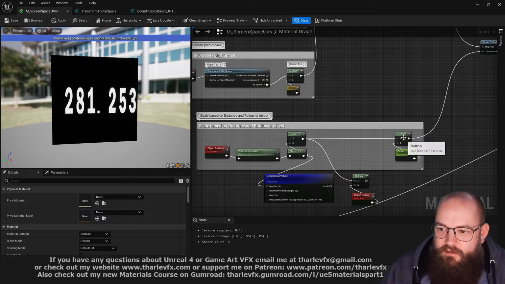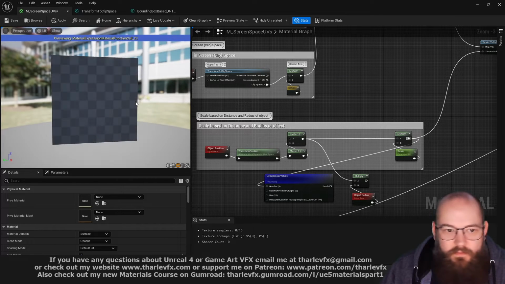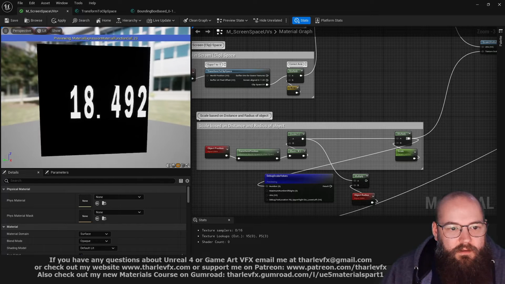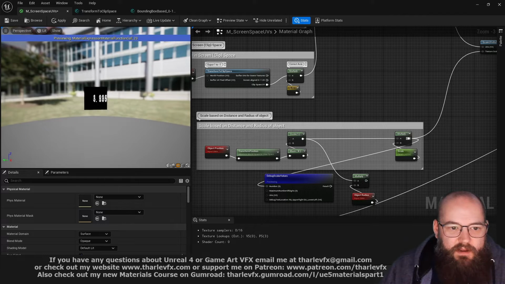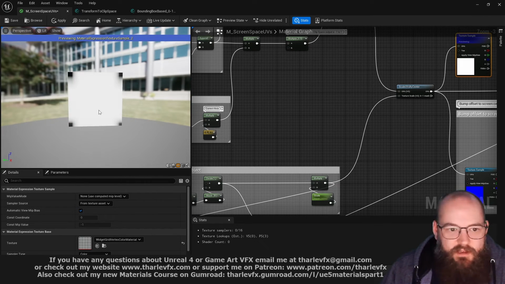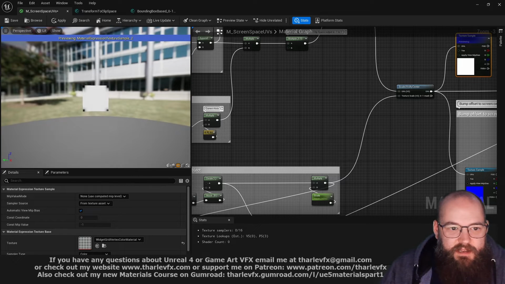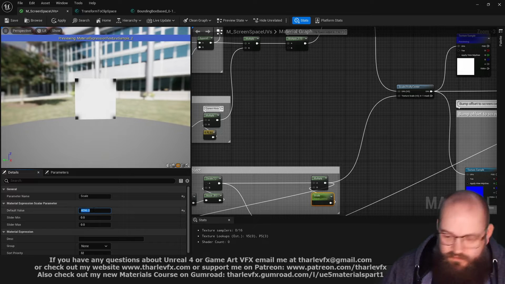And what we should then get, if I just debug this, a bigger value when we're close, a smaller value when we're further away. And if that then goes into our scale UVs, it scales based on the size of the object. So if I bring this down,